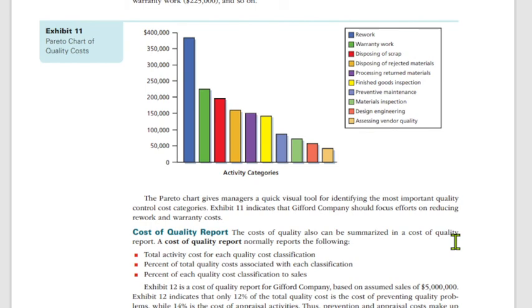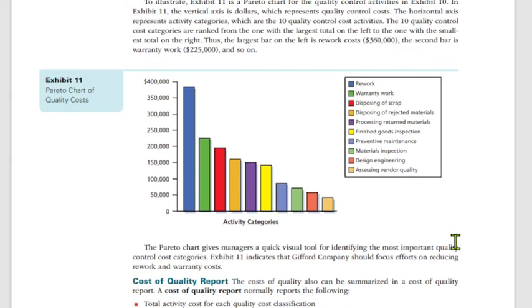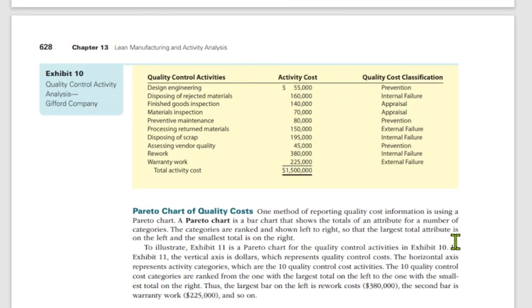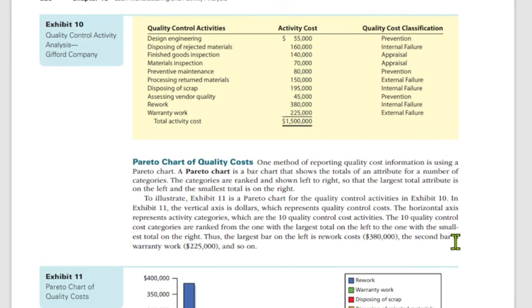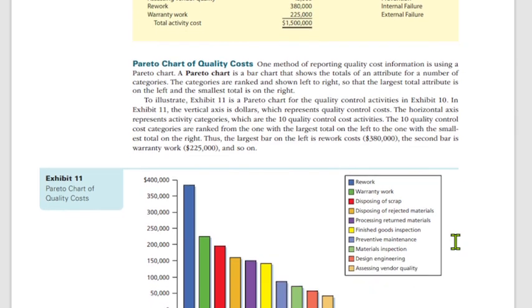The Pareto chart of quality cost. Remember, under the Pareto analysis, ang sinasabi dito is mag-focus ka doon sa areas ng iyong organization in which you are thriving. So kung saan ka nag-excel, doon ka mag-focus. Yun yung concept ng Pareto analysis. Kaya meron siyang tinatawag na Pareto chart of quality cost. Diba? Para ma-identify mo kung saan weak ang iyong monitoring and compliance at saan yung thriving or best practice ka. Okay?